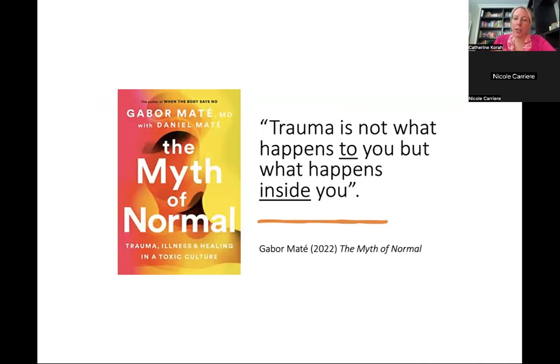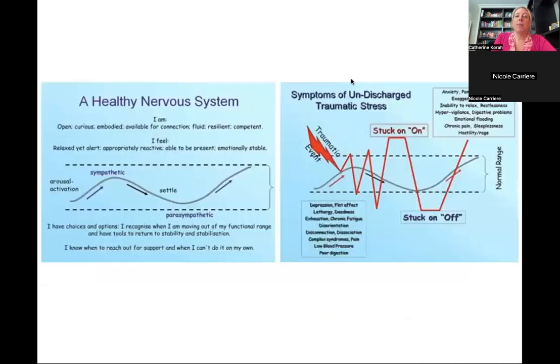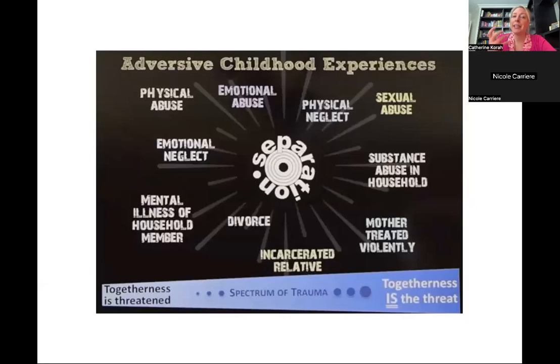following that situation. And so, of course, when we're talking about big traumas, the ACEs, which is the adverse childhood experiences, then those, of course, potentially lead more strongly to a trauma, whether it's physical abuse, emotional abuse, physical neglect, sexual abuse, emotional neglect, substance use in the household, mental illness in the household, and divorce, where there is a lot of high conflict, a relative who's been incarcerated, and the mother who has been treated violently. And so all of these different things, especially if they're happening chronically and they're happening at a young age, this